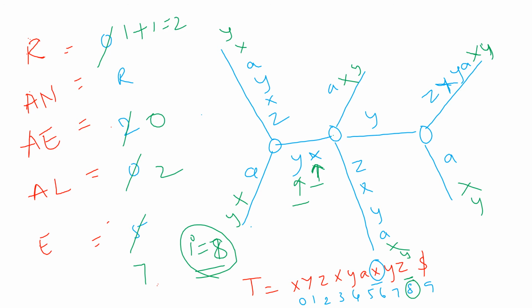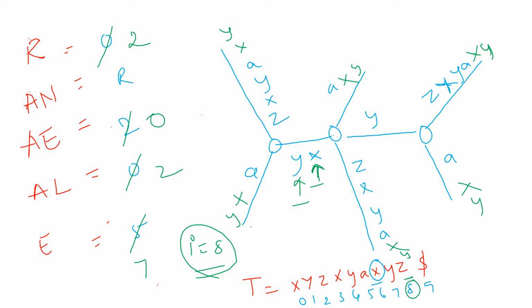So since I moved to I is equal to 8, I'll have to update the n to 8, and I'll have to update the remainder again. I'll have to add 1, so n will become 8, sorry, I think n becomes 7. So since we start from -1, n becomes 7. I lost it somewhere. So for I is equal to 8, n becomes 7, and then the remainder is 2. So since rule 3 again, for new phase, for I is equal to 8, I'm sorry. So for I is equal to 8,